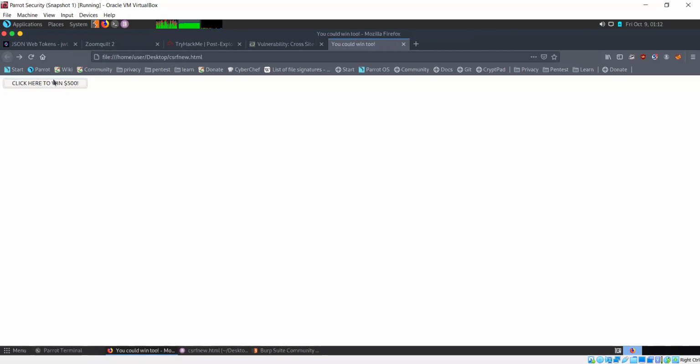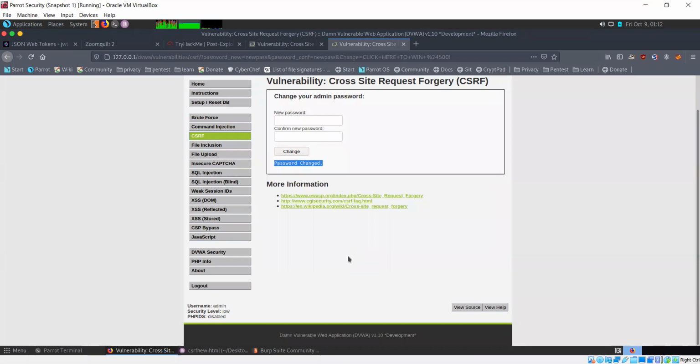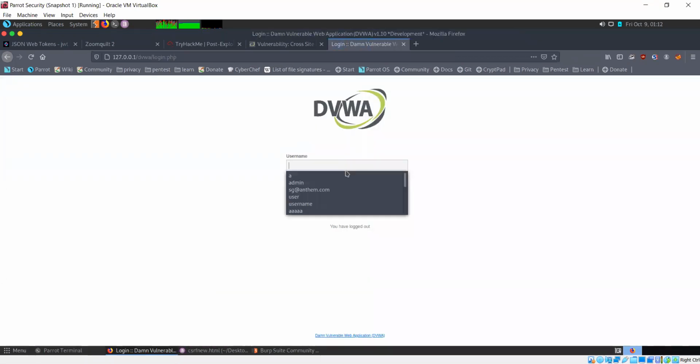Now, if I click here, I get redirected to this page and I get the message that the password has been changed. So let's see whether it actually got changed.